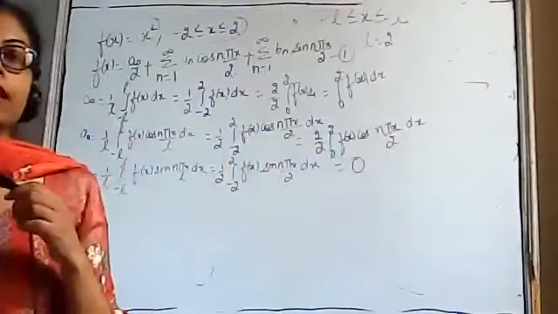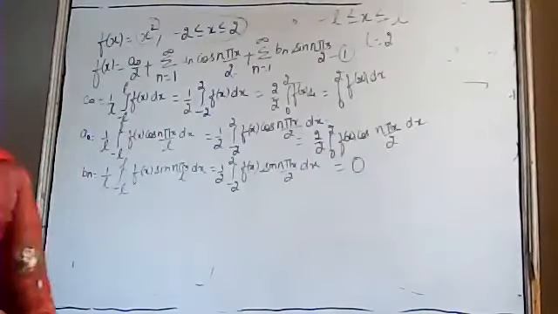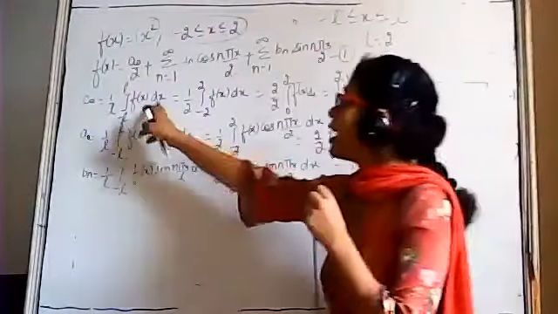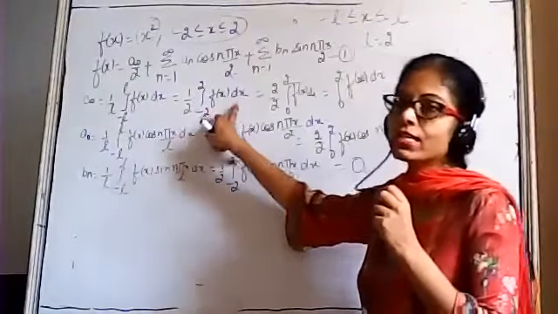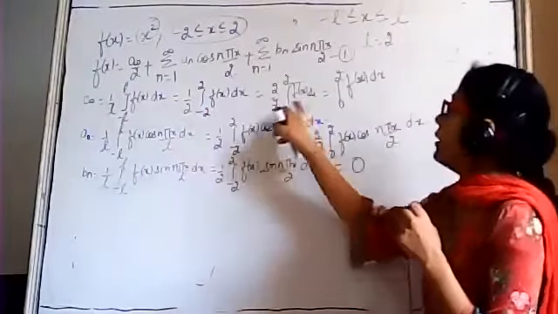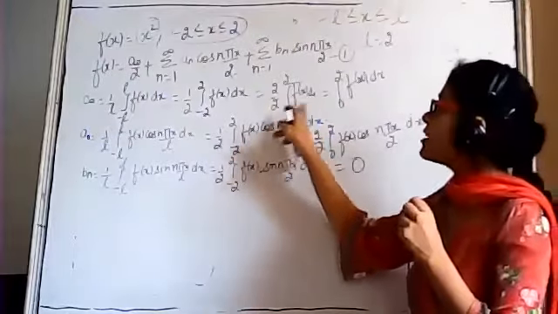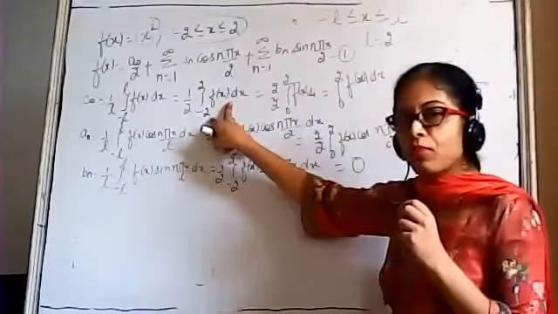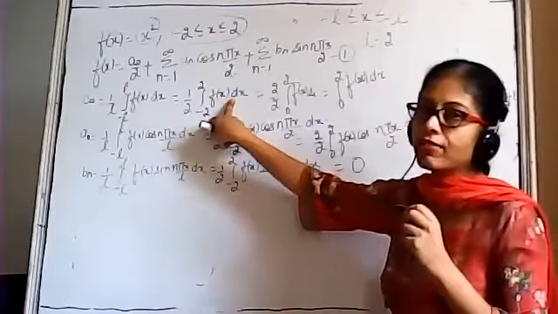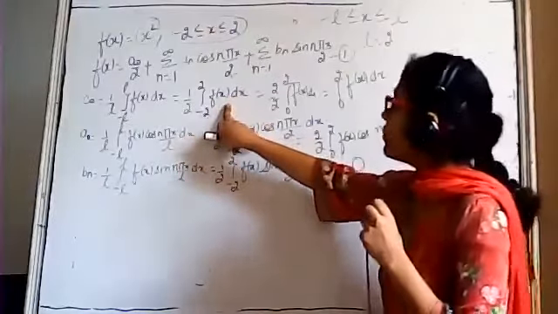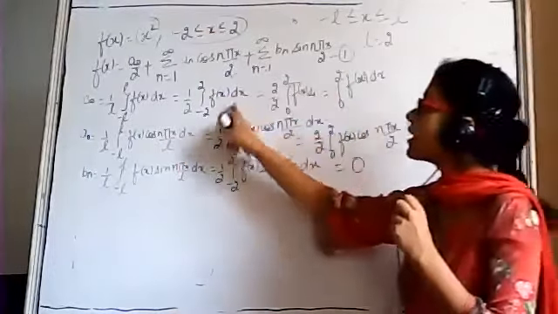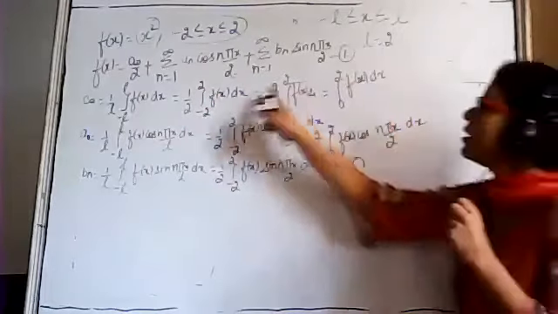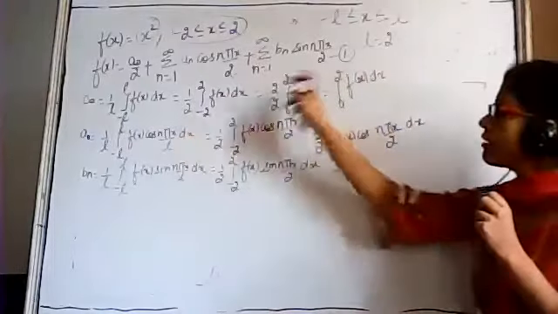But I am again repeating, if you don't understand the concept of even and odd functions, then please don't use these formulas. Write the simple formula and evaluate this integration, right? Don't use this formula, otherwise you will get confused and the value can change. Simply write this formula, evaluate this integral, and find its value. This value and this value will be the same. If you solve this integration, the values will be the same. There will be no difference.